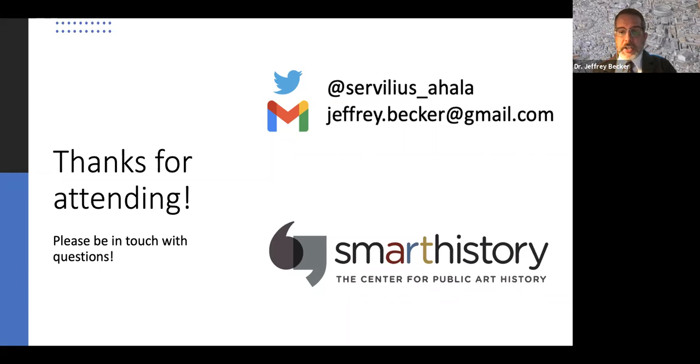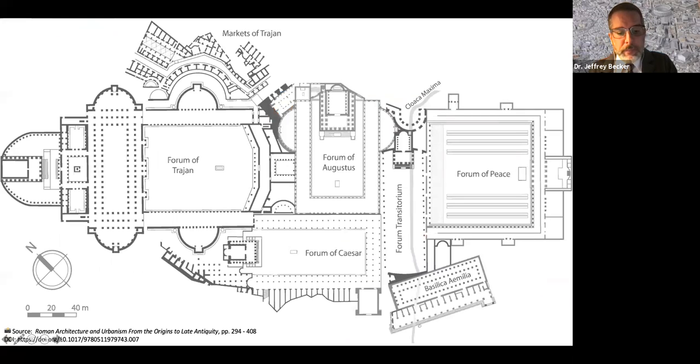There's this suggestion, and we can go back to the slide, that the flanking buildings that we reconstruct as libraries, not everyone is in complete agreement about this reconstruction, right? That these two little buildings perhaps provided some sort of balcony or terrace midpoint to view the column. It's very hard to know